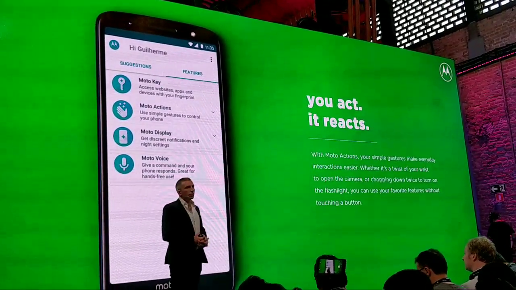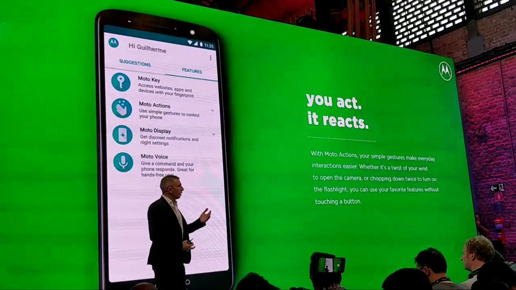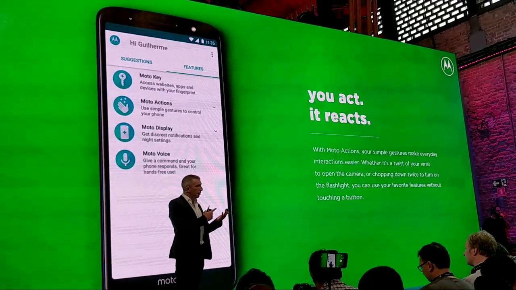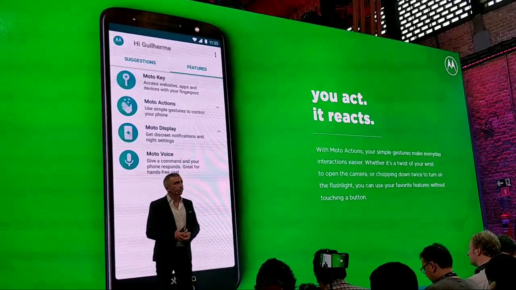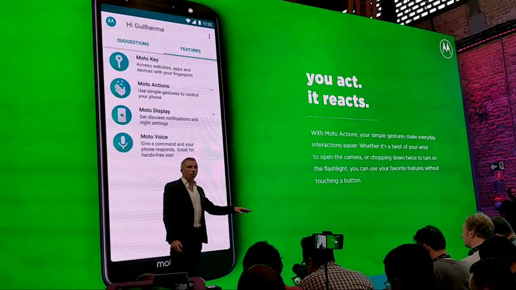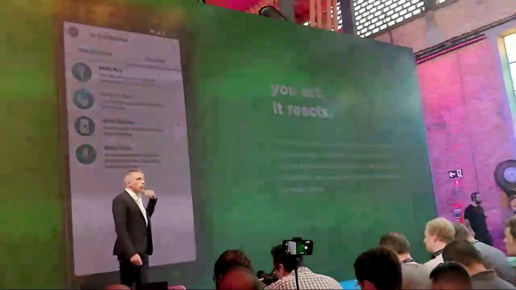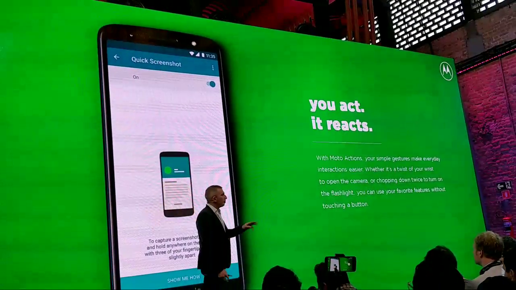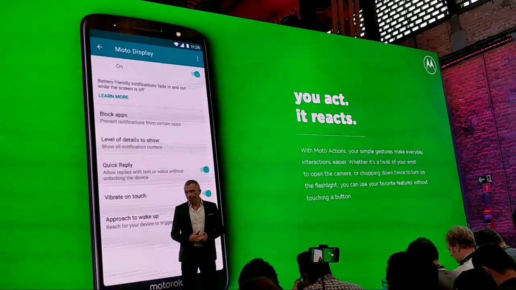There are new things coming on these new Moto Gs, for example. You will now be able to keep reading on your display, and as long as your eyes are reading in front of the display, it is not going to turn off. So that's very convenient. You will have the way to, by just approaching your hand from the display, reveal the notification at the time. This is what we only had on Moto Z before, and we are now bringing that to our Moto G series. You can even, by touching 3 fingers on the screen, take any screenshot anytime.